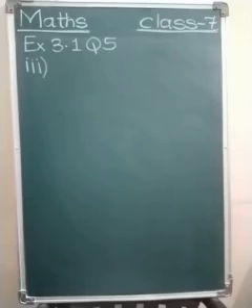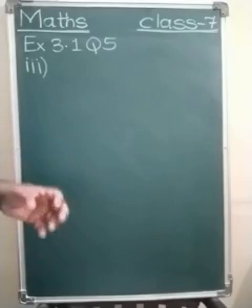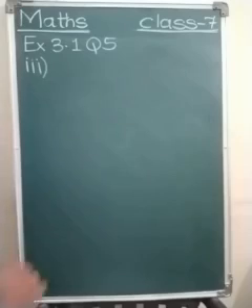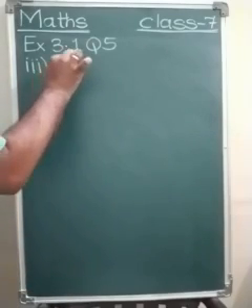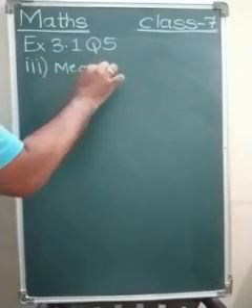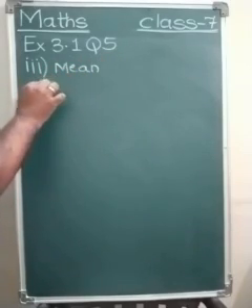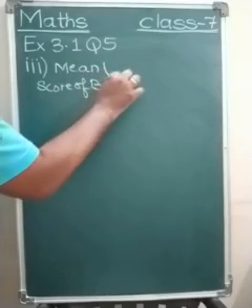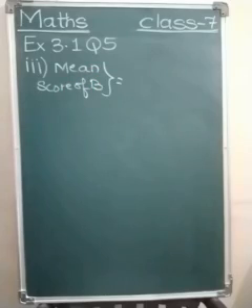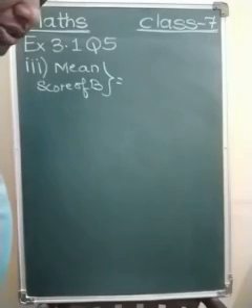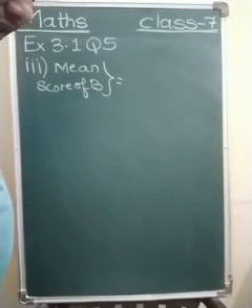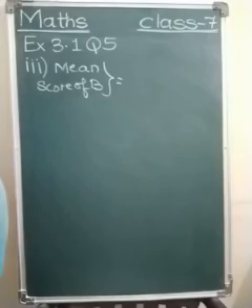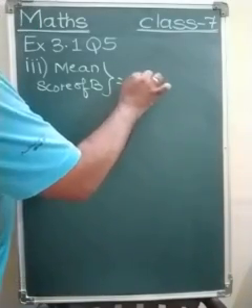B played in all 4 games. How would you find the mean? Now we have to find out the mean of player B, and he played in all the 4 games. So mean score of B equals to, now in the first game he scored 0, second game he scored 8, third game he scored 6, and in the fourth game he scored 4 points. So we are going to add it up.